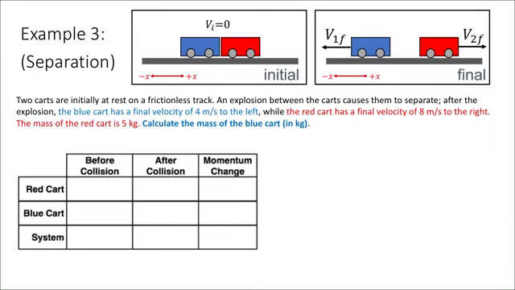All right, let's take a look at an example of a type of collision, if you will, that we're going to call a separation. This is actually the opposite of a collision, if you will. When two objects that are stuck together, something happens in between them. Maybe an explosion or some sort of force is applied to both of them to send them flying apart